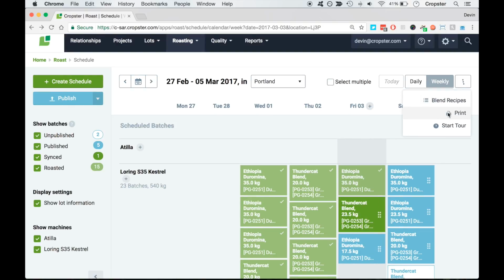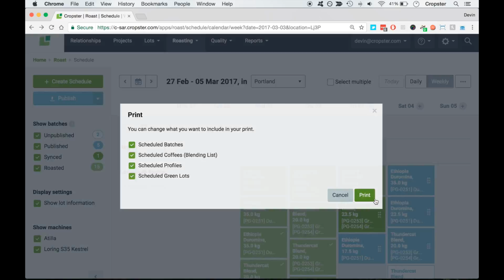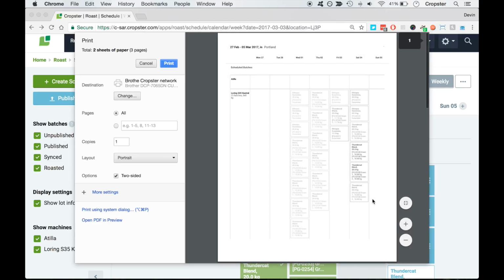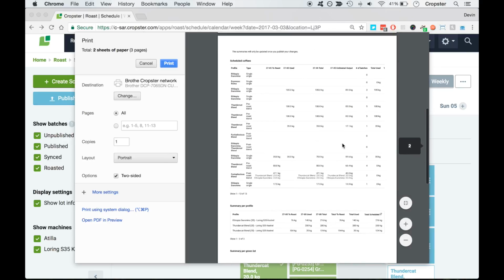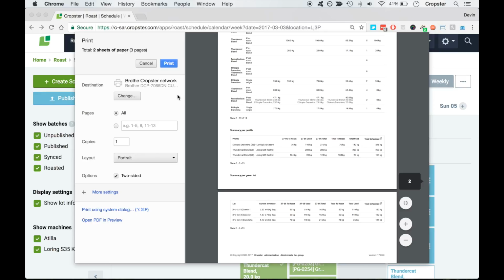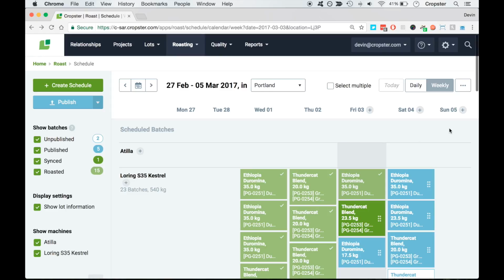So additionally, you can print. It's going to show you what you want to print, and basically it's going to give you a PDF of this page based on what you said you wanted. So here I can see my schedule, you can see what my summary per profile, per green lot were, etc. Cool. You can also